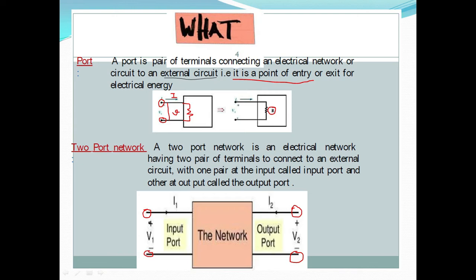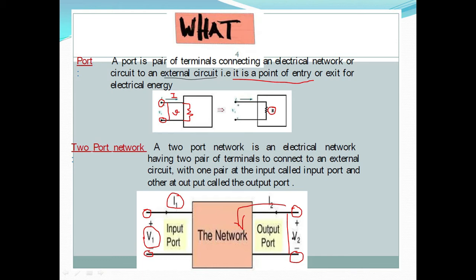The voltage V1 is applied across the input, and due to this voltage current flows into the network, which is called the input port, a pair of terminals where we apply the input voltage. Due to the power supply or EMF, current flows into the system. Then externally there is the output port, where you get the voltage drop across the network and current flows, which is called the output port.